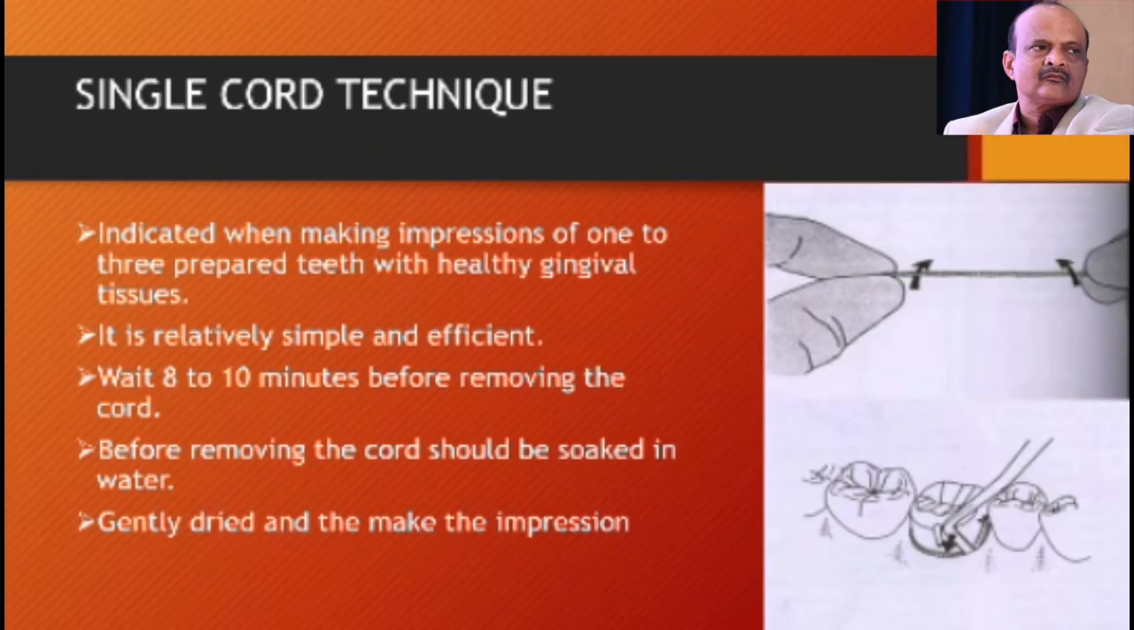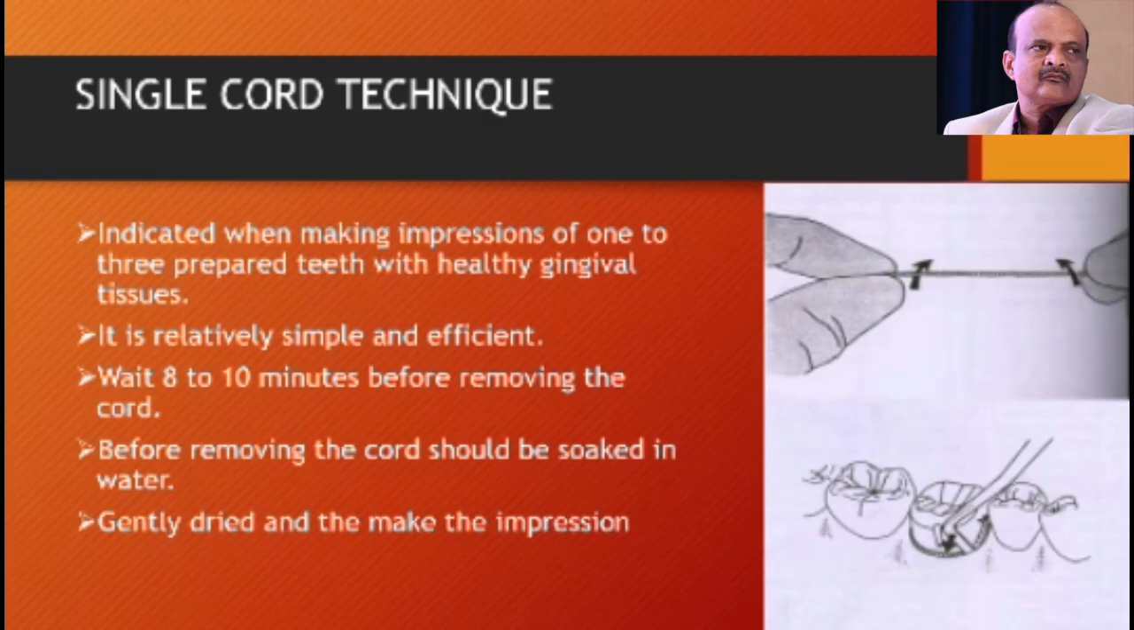The single cord technique is usually indicated while making an impression of one or up to 3 teeth. It should be used in healthy gingival tissue. It is relatively simple to use. Basically, the cord of the required length is cut and twisted to decrease the diameter, pulled around the neck of the tooth, and given a little apical tug, and then you start